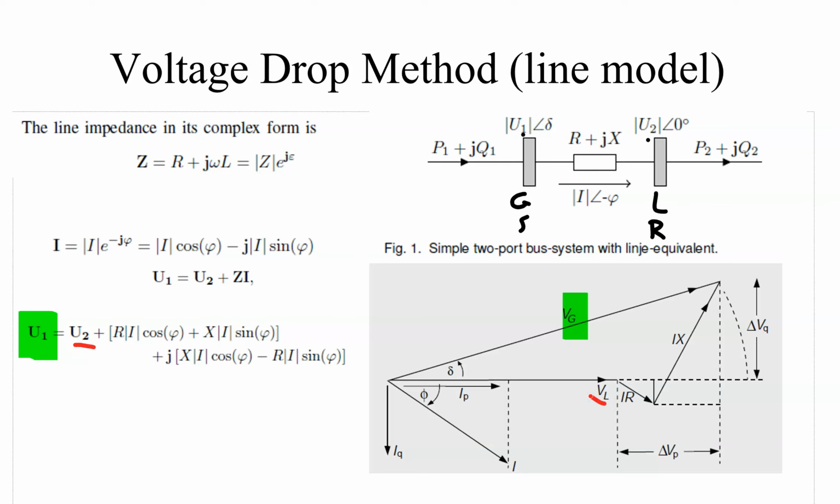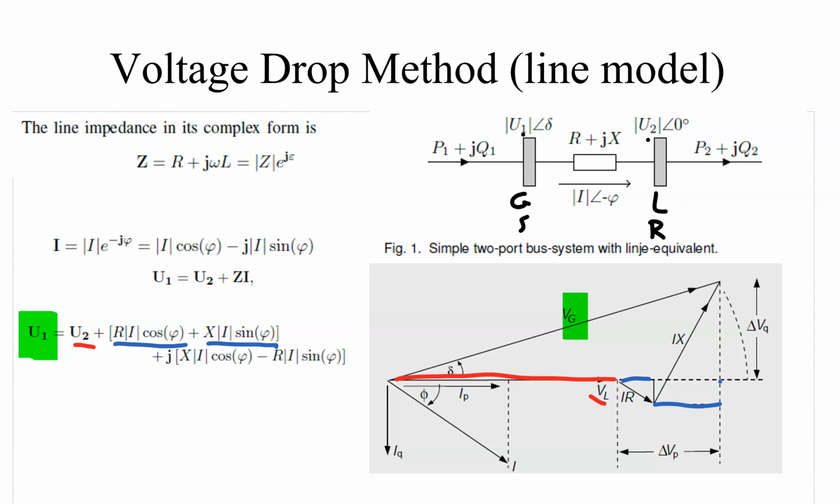So the total voltage of this vector will be this vector U2 or VL plus RI cosine phi, and this will be, you can take another color, this vector, and this one, and then we will have plus XI sine phi, and that is this length here, as you can see here. So then we come to this point here, and then plus, in the complex format up here, we will have XI cosine phi minus